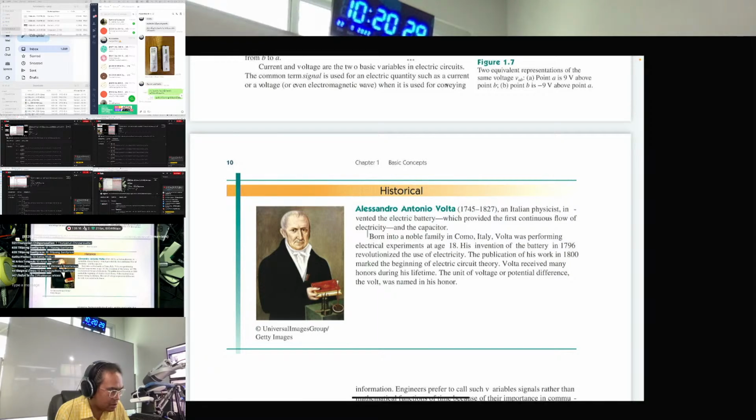He invented electric battery and capacitor. Okay, you know capacitor, right? The device that can hold the charge for a while. The battery can keep the electric charge for quite a long time, a longer time than a capacitor, which can keep it for a shorter time. Okay,